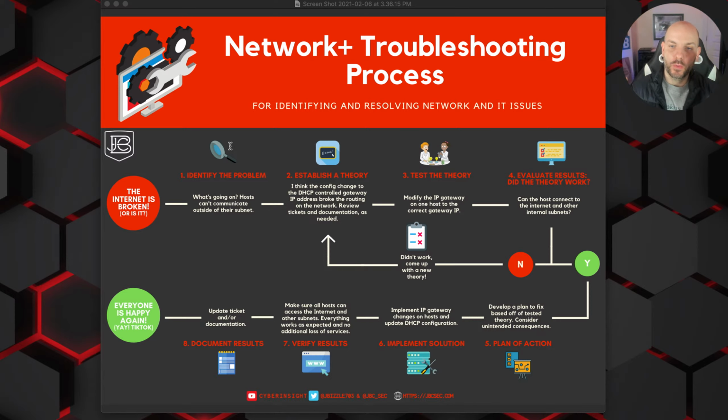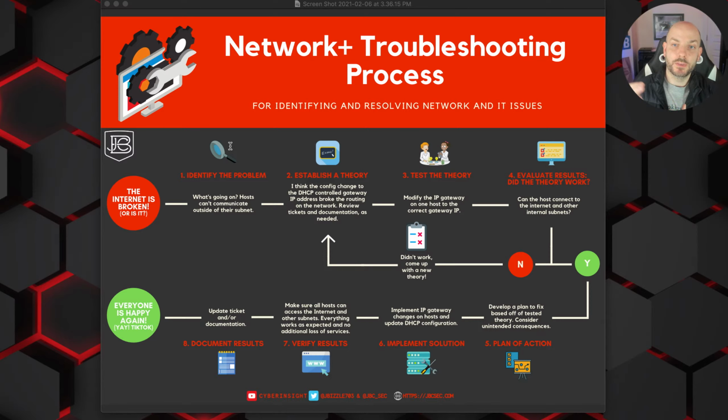All right, so we have gone through step 4, and let's say that we have ended up finding a theory that ended up proving to be correct on our test machine or our individual user. If the issue was just affecting that one user and we were able to resolve it, then we don't have to go through any type of planning to implement an organizational-wide change. But if that's not the case and it actually is something that's affecting multiple people, then what we need to